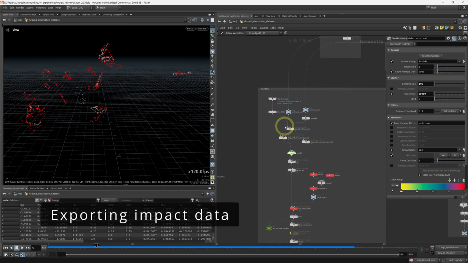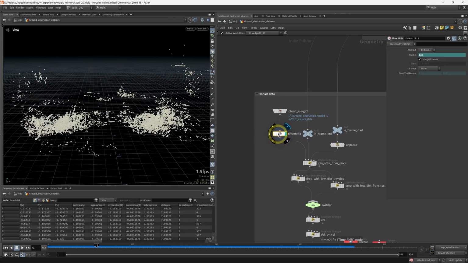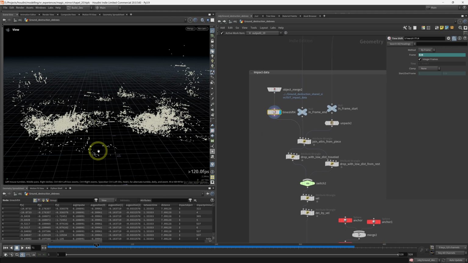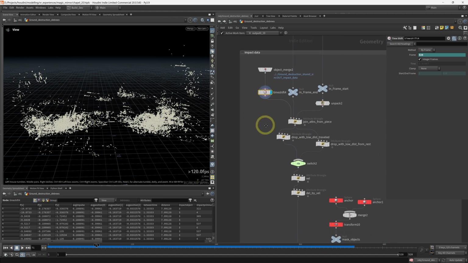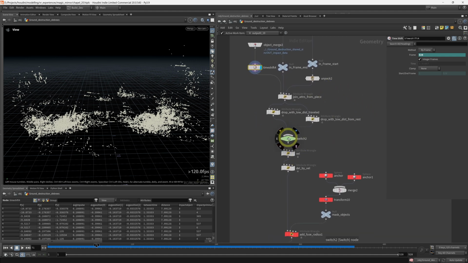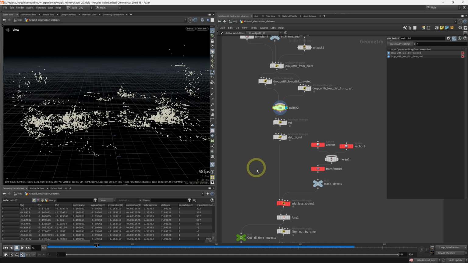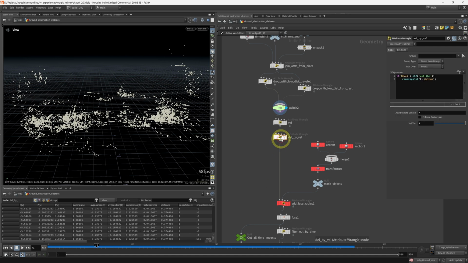Now the impact data is a bit more tricky. First we have a lot of data, 21 million points. I decided to collect as much as I could and then in post-processing drop everything I don't need. So first I drop by distance, dropping points with low distance traveled. If the fragments stayed in their positions, they're not showing impact data, so immediately there are fewer points. Then drop by low velocity,